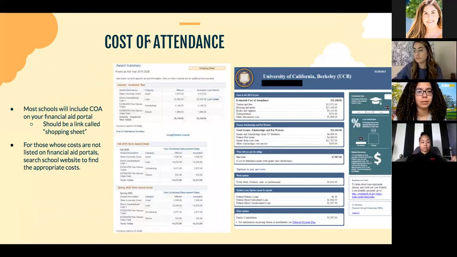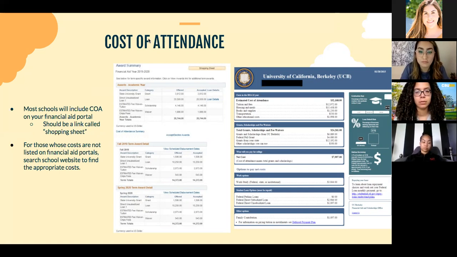And now we're just going to move forward with the cost of attendance, which we're also going to refer to as COA. So if you ever see COA, we're just talking about cost of attendance. The cost of attendance is basically an estimate of what it will cost to attend university for one academic school year. So it's not portraying what you would pay for 4 years, but it's only for one academic school year. It includes the fixed and variable costs that Sienna just talked about.